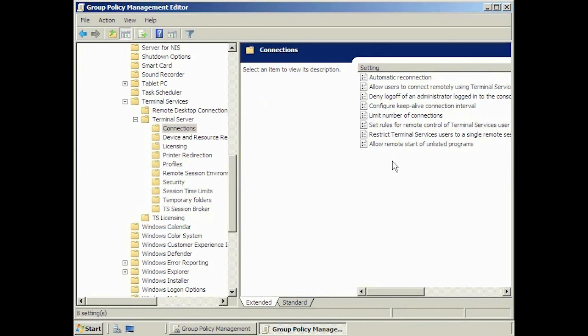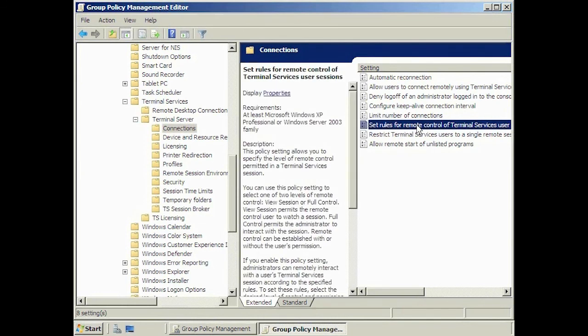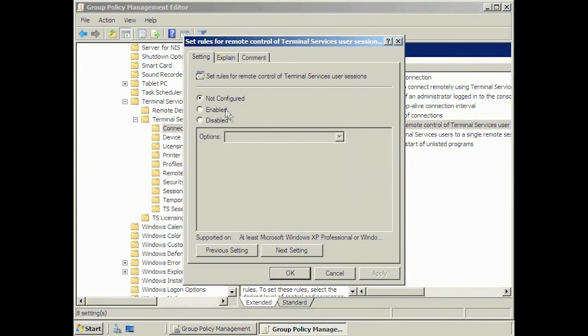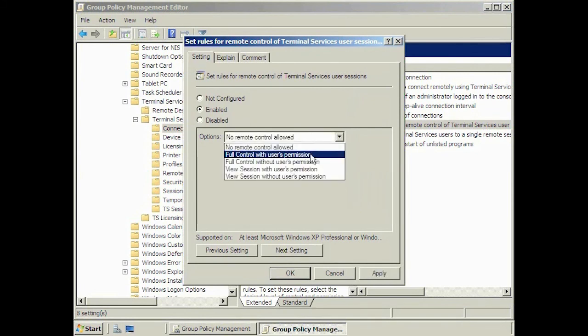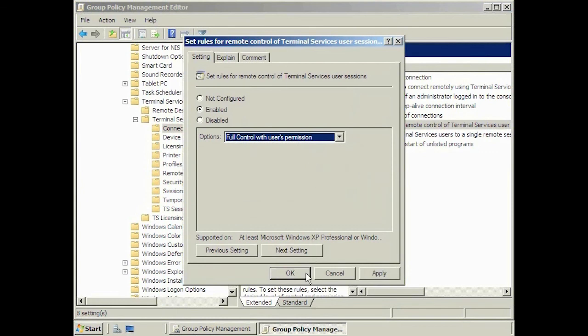If you have a lot of terminal servers, you may want to enable settings on all of them, for example, remote control. As you can see, I can set the remote control options which will be used on all servers in this OU. This is a lot faster than setting all the servers manually using Terminal Services console. Also, if you have a policy change later on in your company, you can easily and quickly change the settings